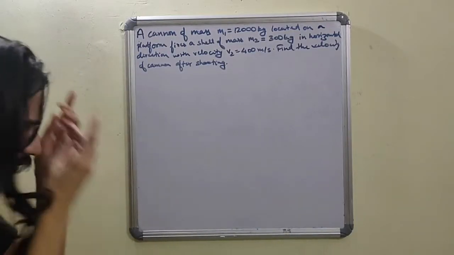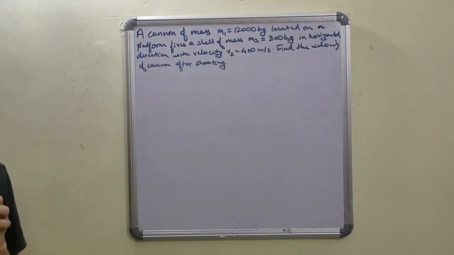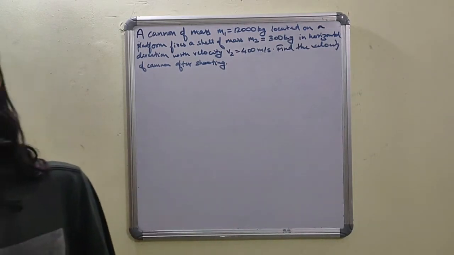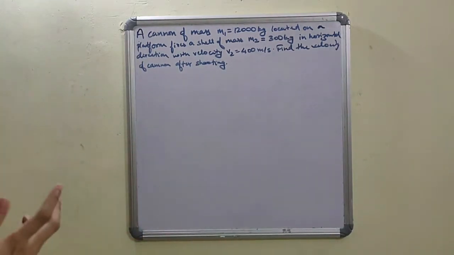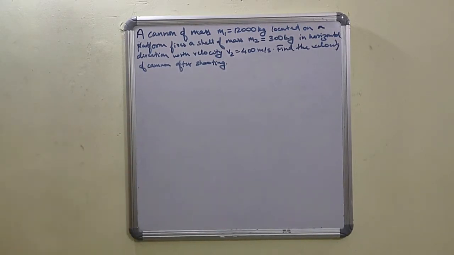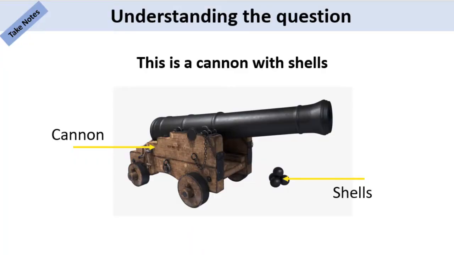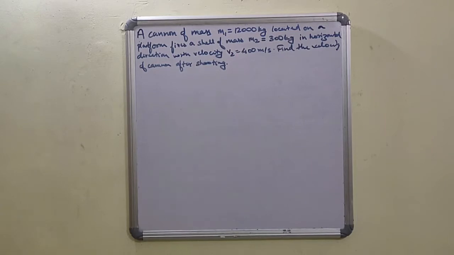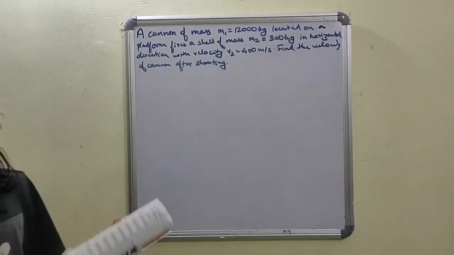Now what I'm going to do is I'm going to give you a slightly visual example of what these types of sums can be, right? So if you see, it's about a cannon. If you know what a cannon is, it's basically a gun. All right. What I'm going to do, I'm going to show it to you with the help of this little toy gun,